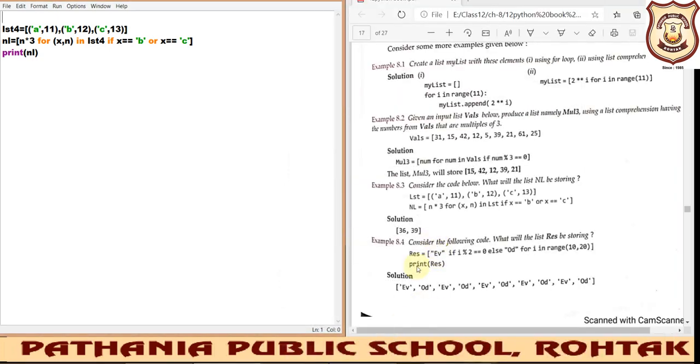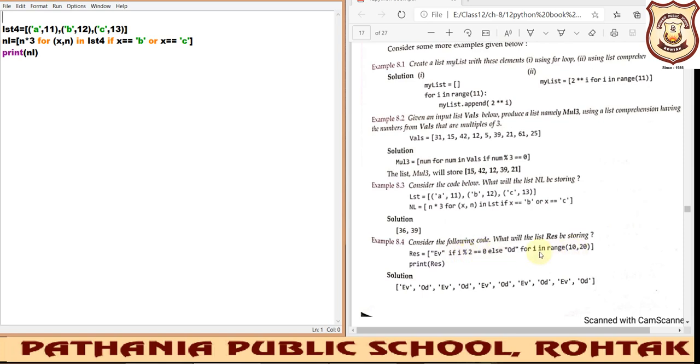Now the next question is, the loop will start from 10 and go up to 19. Okay, and if else is also there, so we have written this if else before the for loop, right? So if i is a multiple of 2, if it is divisible by 2, we can say the remainder will be 0.